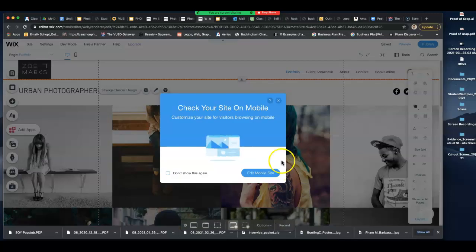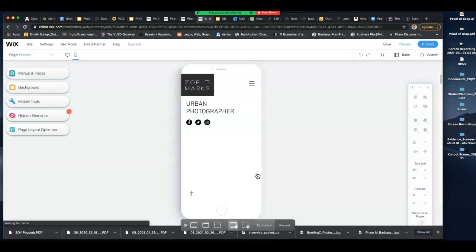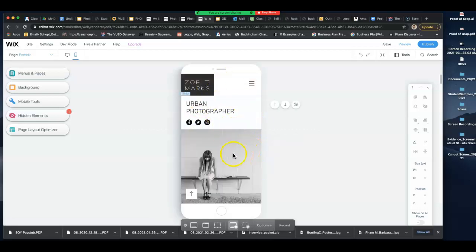you can even check what it would look like on your cell phone. So I'm going to do a preview of what it would look like on my cell phone. So this is showing you how it would show up on the cell phone. All right, super cool tool. It takes some while to get to know, but once you do it, it's a very powerful thing to have